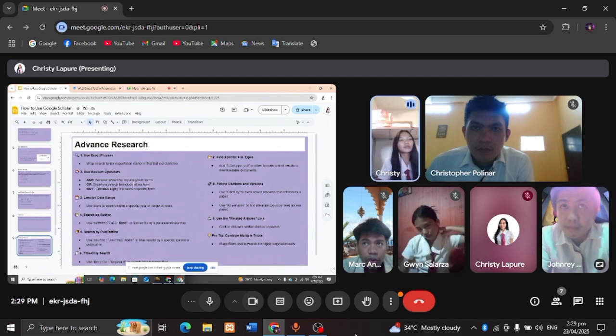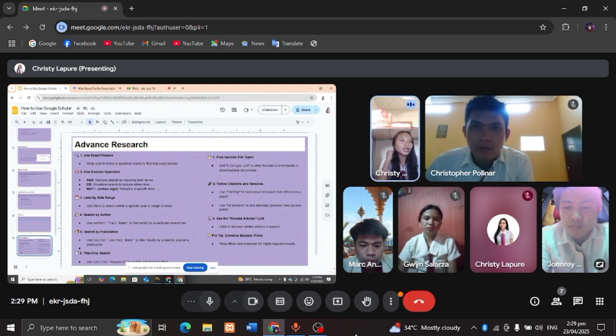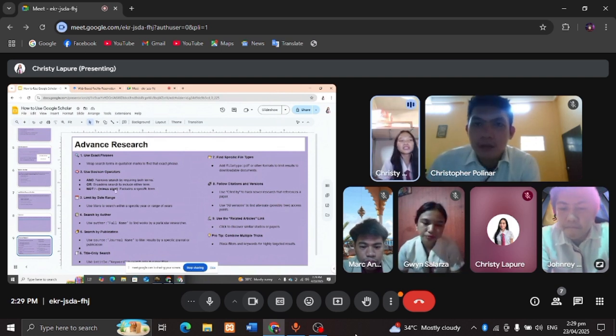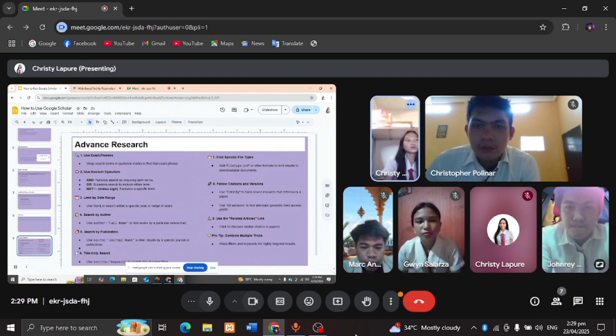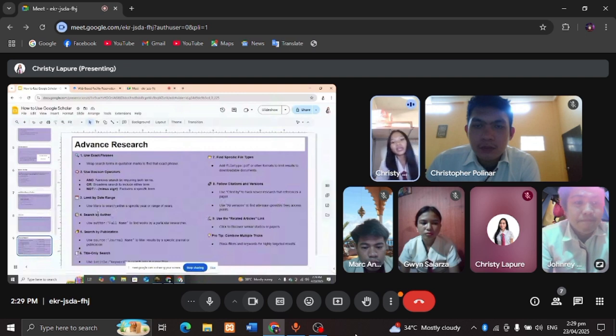AND narrows search by requiring both terms, OR broadens search to include either term. NOT, with a minus sign, excludes a specific term. And limit by date range, ang limit natin dun is 2020 to 2024. Use filters to search within a specific year or range of years.